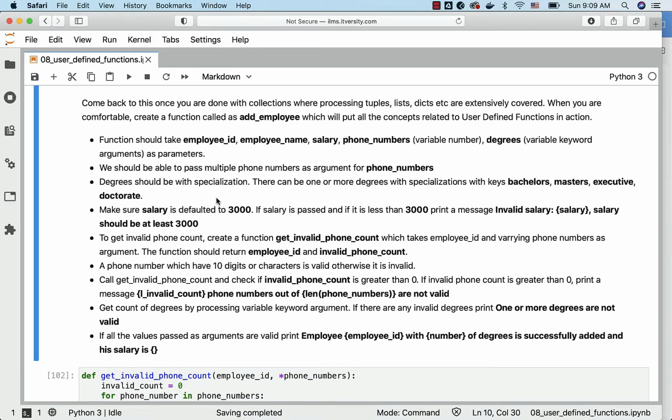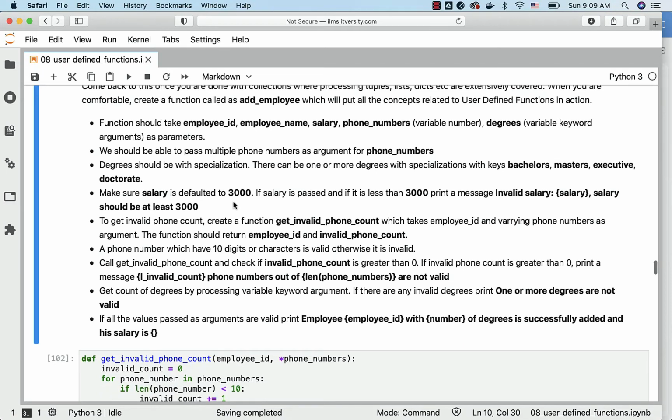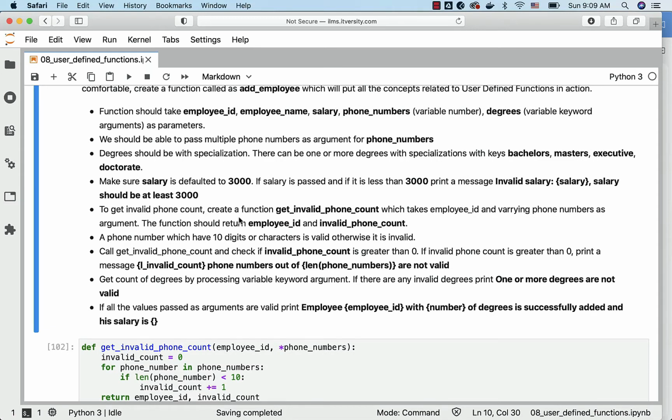For degrees, we'll be having specialization with keys bachelor's, master's, executive, doctorate, etc. It is nothing but variable keyword arguments when we invoke the function and hence we have to put double star before the degrees. Make sure salary is defaulted to 3000. If salary is passed and if it is less than 3000, print a message saying invalid salary, it should be at least 3000. To get invalid phone count, create a function get invalid phone count which takes employee ID and